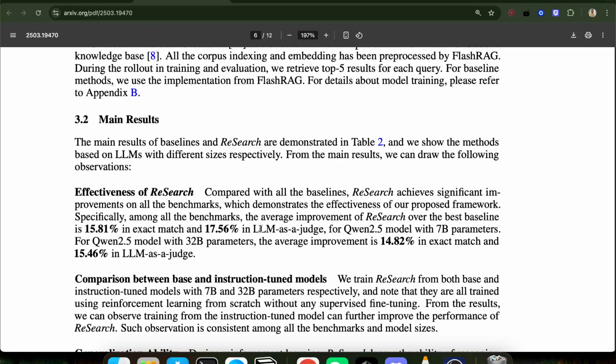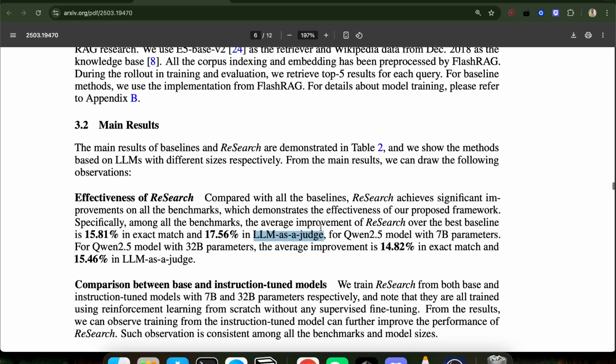But I think they use LLM as a judge for every single case. They don't first compare it with string, but I think it would have been better to just try to string compare, and if it fails, then use LLM as a judge to check again. So the average improvement is from 15 to 17, 18% on average, which is actually a lot of improvement for